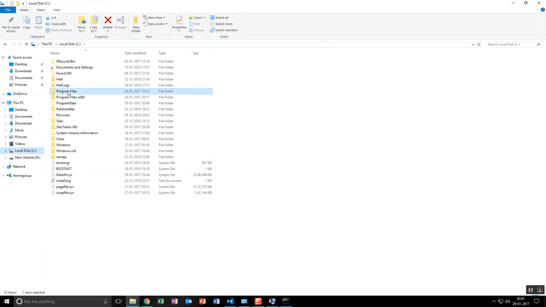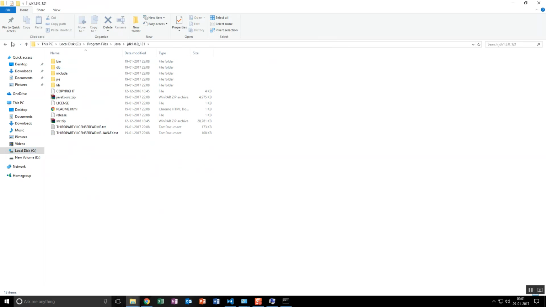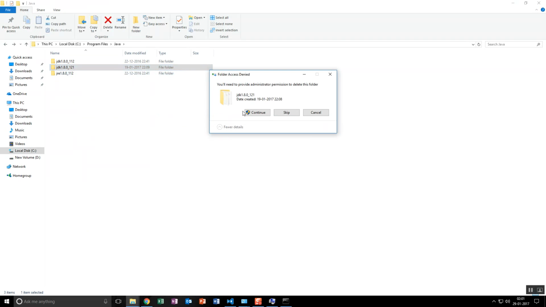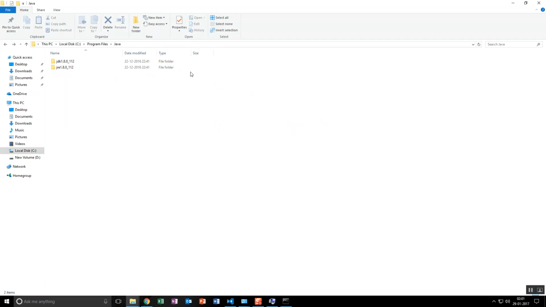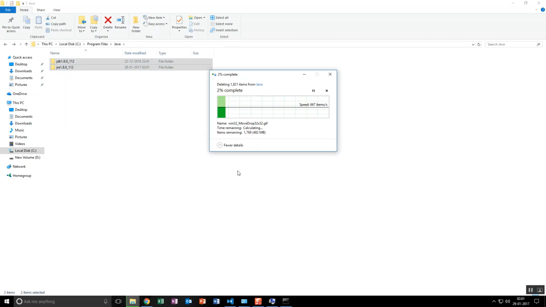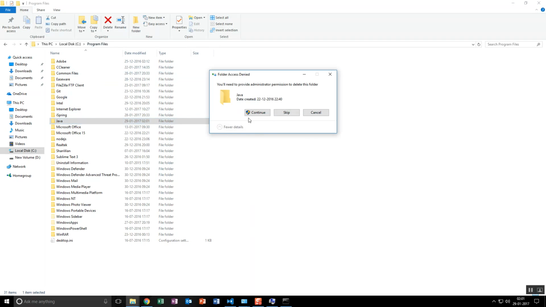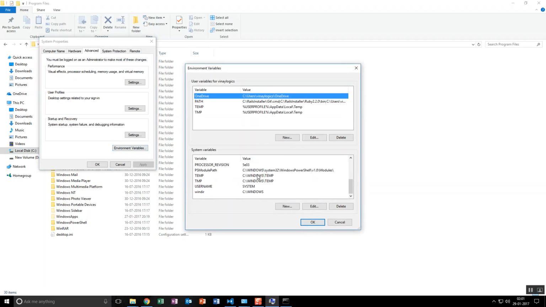So if you install Java, you will find a Java folder where you will have this JDK. Now I'll delete this because I'll show you how to set it up. There will be nothing, it will be an empty folder. I'll show you once it has been set up. See, I'm going to delete the entire folder. Please don't do this, I'm only doing it because it is a tutorial video. So I have removed the environment path.